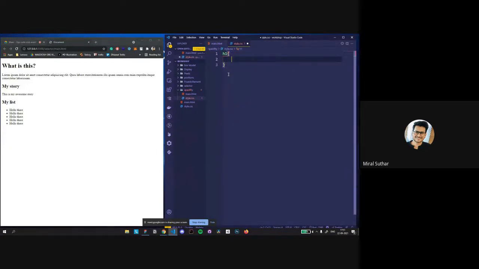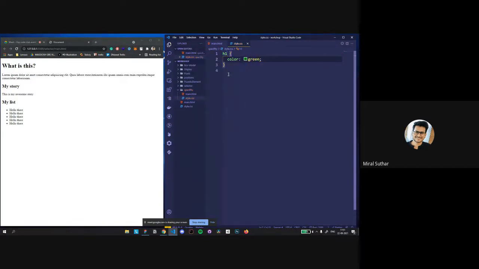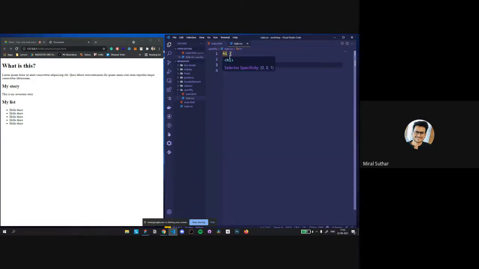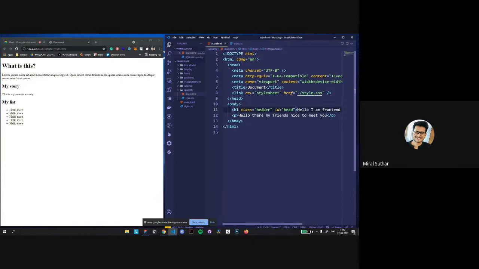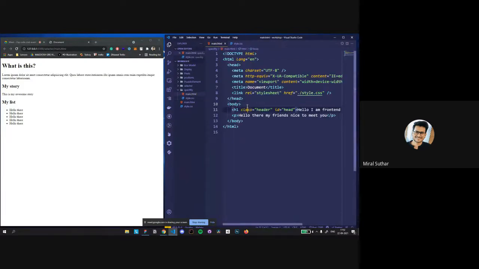Select the H1 and give a color, let's give green. It's selected properly. Wait a minute.